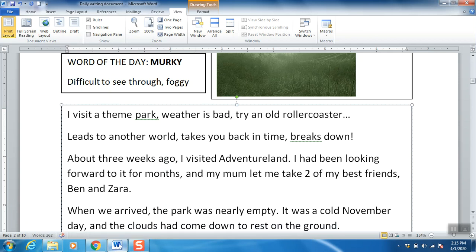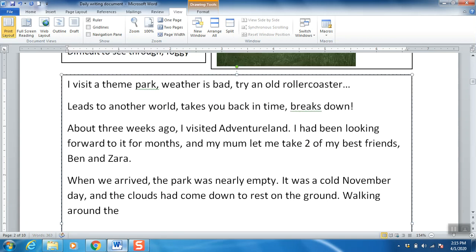I might just do a little bit of description of what it's like walking around. So I might say, walking around the park, I could barely see more than 2 meters ahead of me.